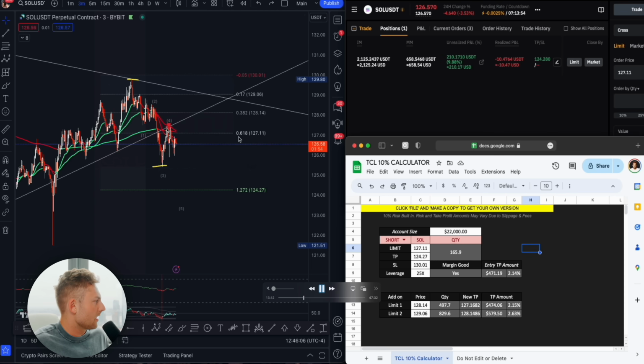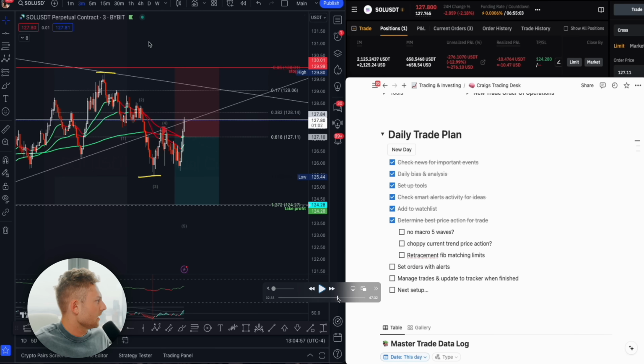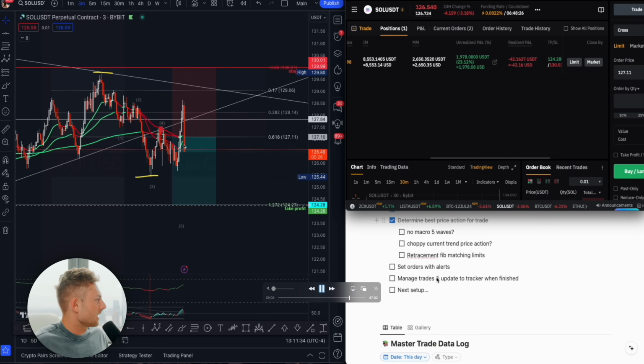Okay, so you'll notice now I have a short position open. Price is starting to move in my direction. All right, and here's where we get our move up to our second limit orders. So now you'll see that I got my second limit orders filled as the price continues to move in the direction. Then you'll see right here, as we got that big candle dump off, I started to go up $2,000,